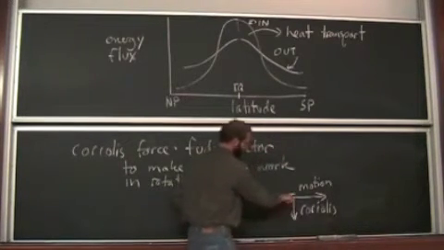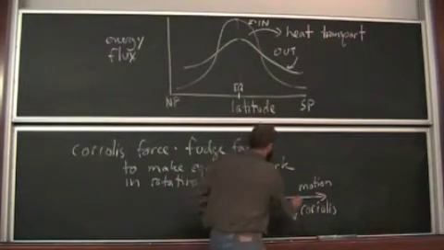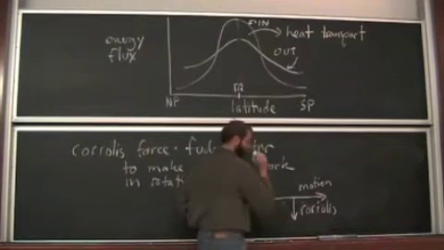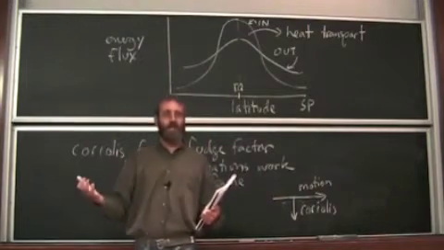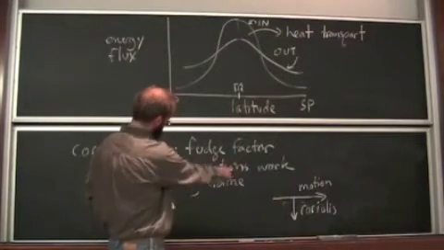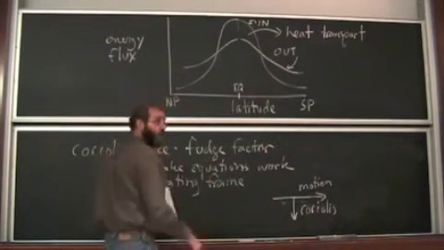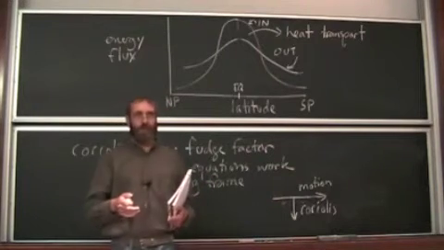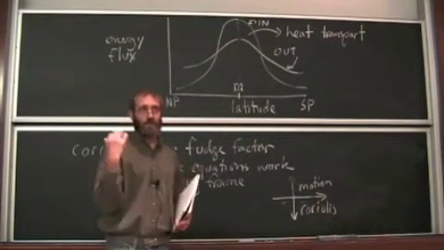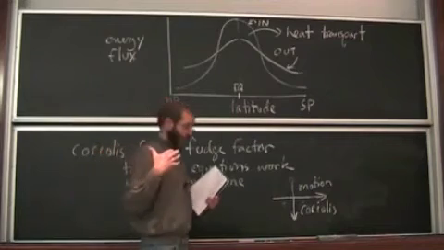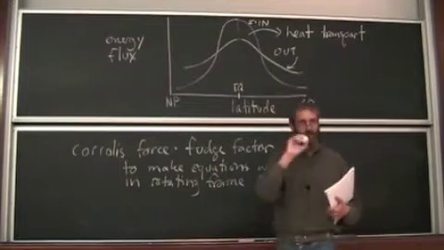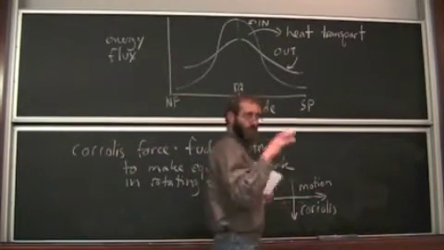So if this force that you were applying to the ball pointed forward at all, it would make the ball accelerate. Or if it was going kind of backward at all, it would make the ball slow down. And neither of those is what we're really after. We just want it to turn without changing its speed. So the Coriolis force always has to be at 90 degrees to the direction of motion. And which 90 degrees, whether it's this way or that way, depends on which way the thing is rotating. But you can add this sort of fictitious force to Newton's laws of motion, and you can make everything work the way it appears to if you're in a rotating frame.